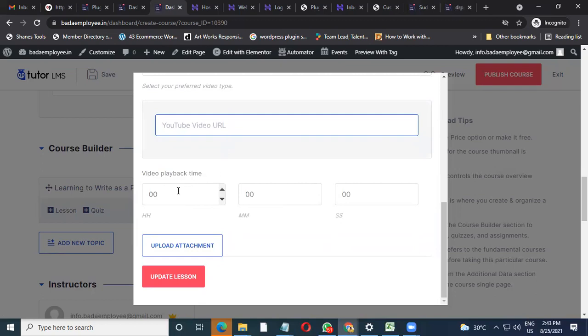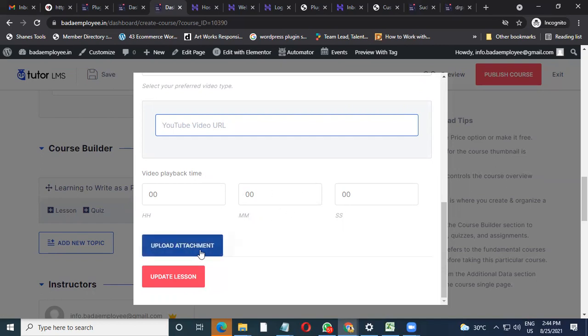You can also mention the playback time, like whatever the video time frame is, you can write it up. But in this, there is one more fantastic area called YouTube API. If you create a YouTube API, as soon as you paste the link, it will automatically show the timing, the length of the YouTube video. So that is also possible in this.